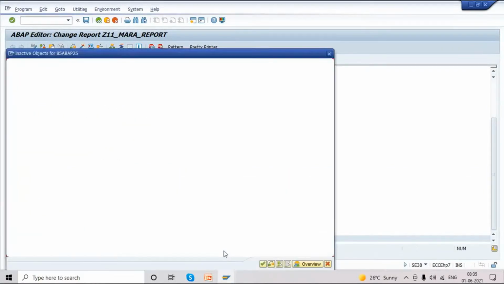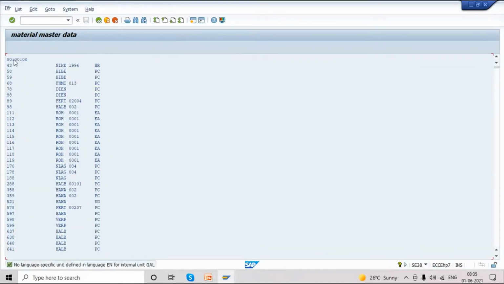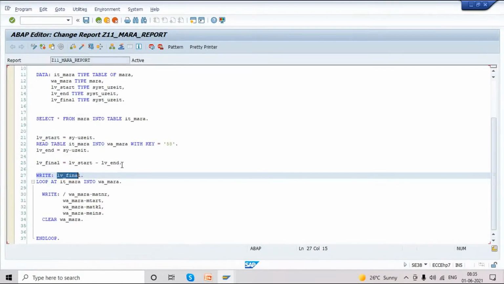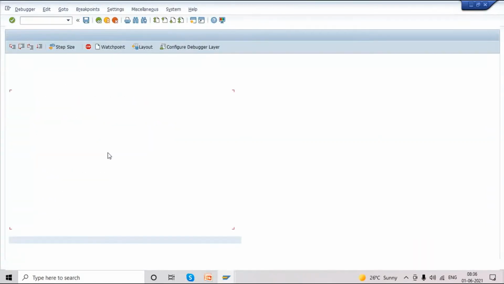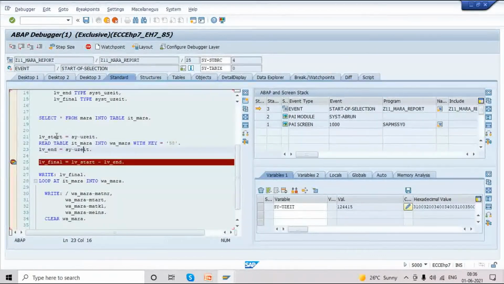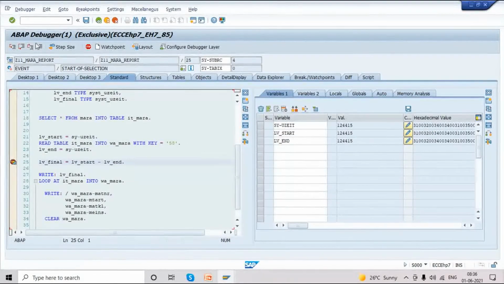I just activated this. I'm just displaying this final value. Just executing. I put the breakpoint here. So LV start, LV end. Okay, time will not be captured here.